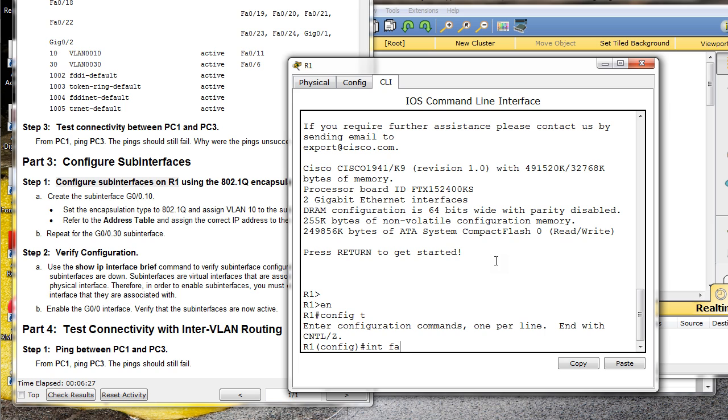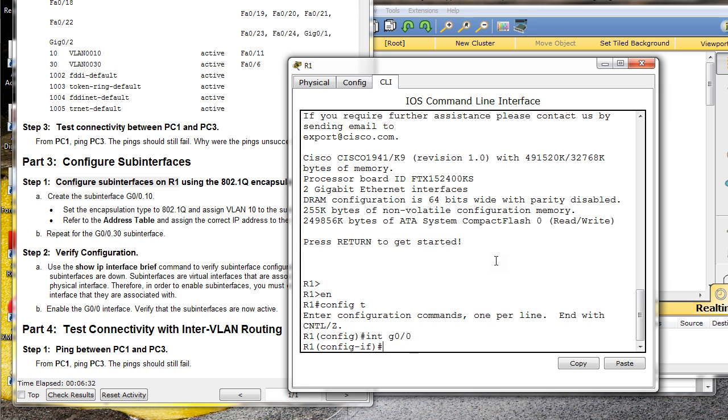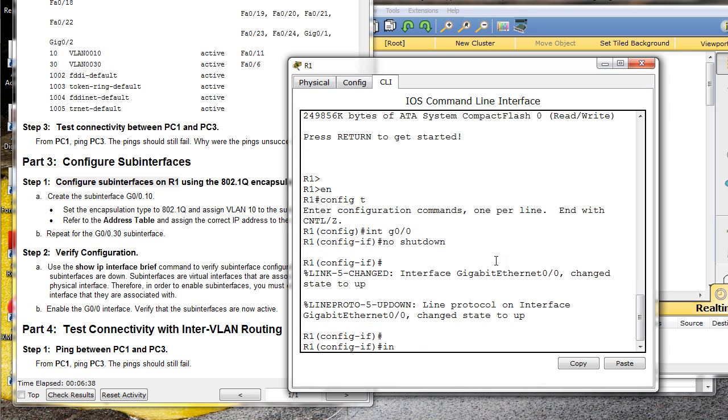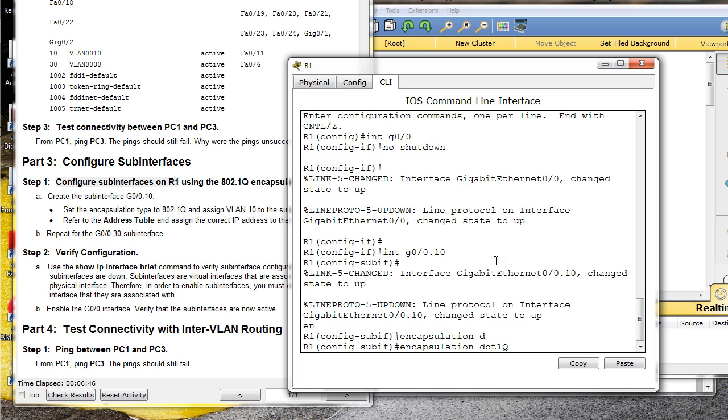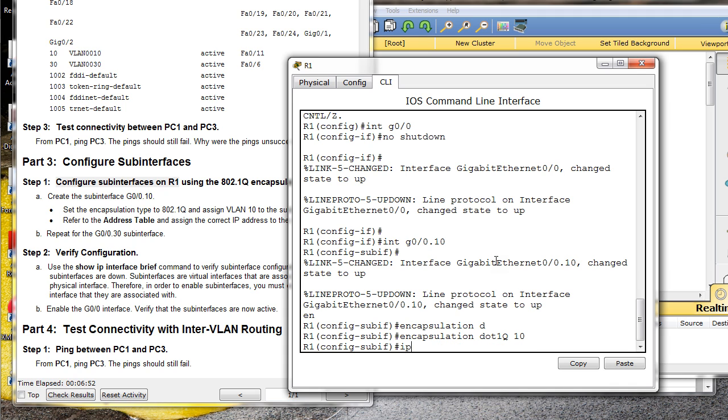First, no shutdown, so let's just enable this. Then the sub interface 10, right? The encapsulation mode is dot1Q, and this is 10, the name of the VLAN, and the IP address is